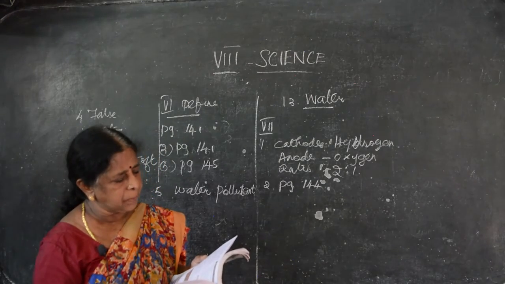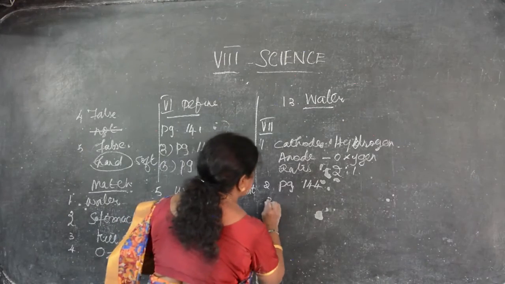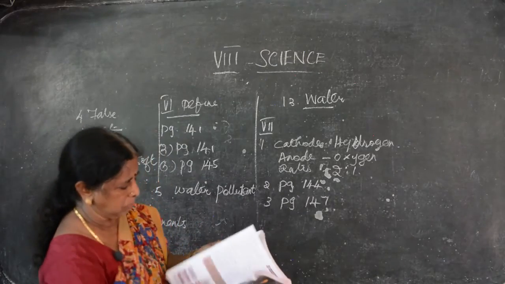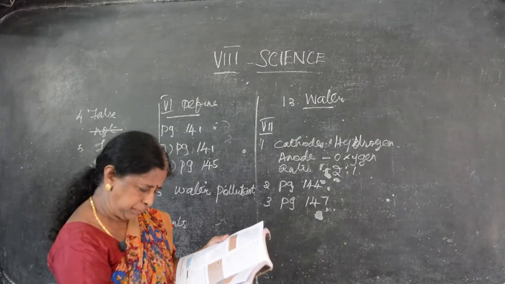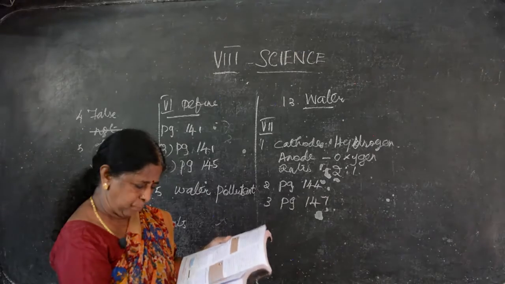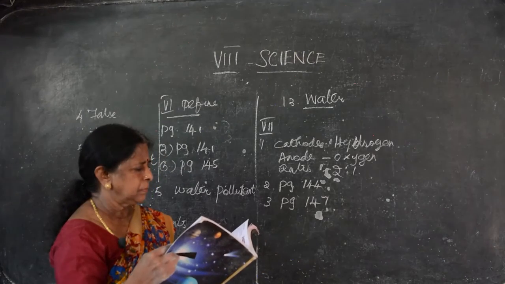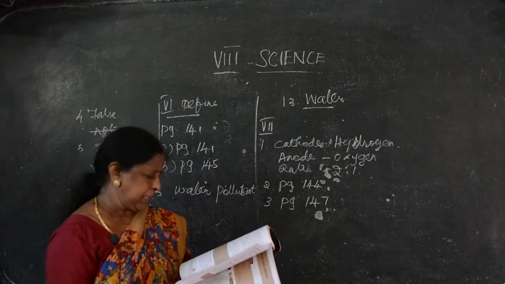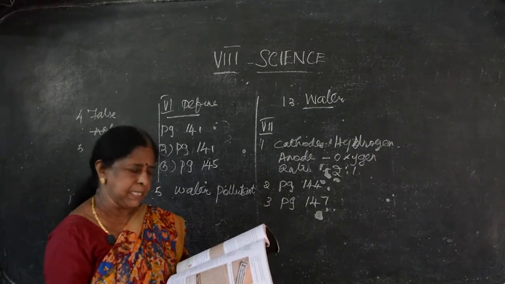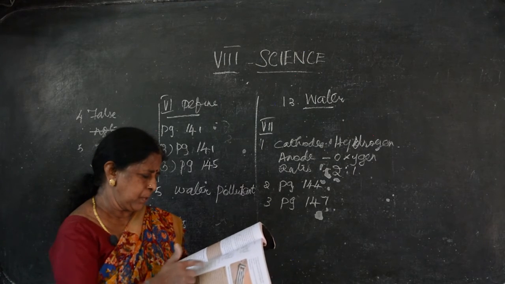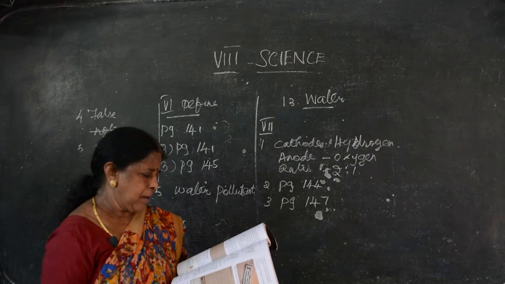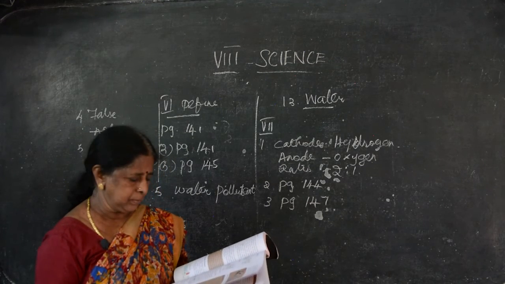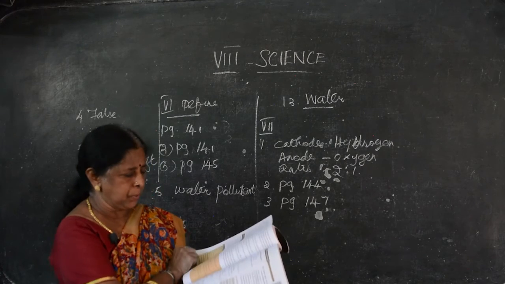Then what are the causes of temporary hardness? It's in page number 147. Under the heading hardness of water, the opposite side next to the diagram, next paragraph, 6th line. Hardness of water is due to, from there till last, till magnesium. Clear? Hardness of water is due to magnesium, over.